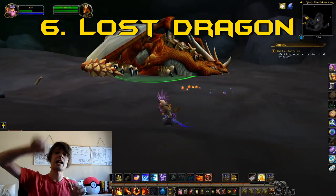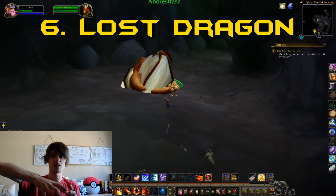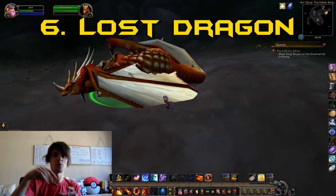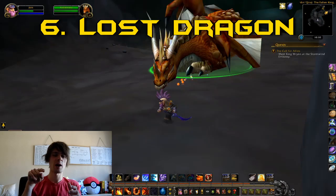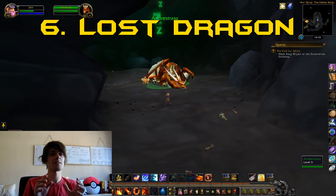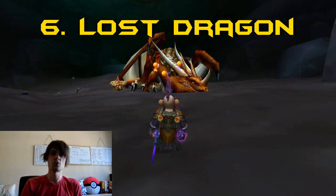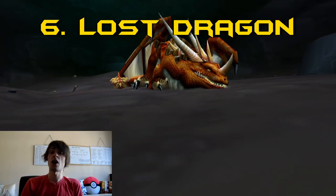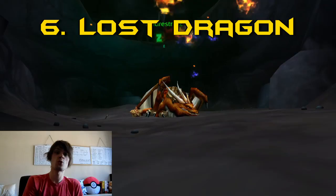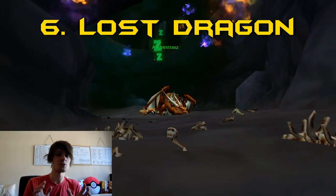And when you get to the end of it, where the shoreline cut is, when you're at the shoreline of the bottom of Kalimdor, you will see a little bit of a cave, and when you go inside there, you will see a network of tunnels. This only holds one NPC, a level 5 dragon of Andrastraz, and he's currently asleep, and there are no actual quest lines or any form of achievements or anything that goes